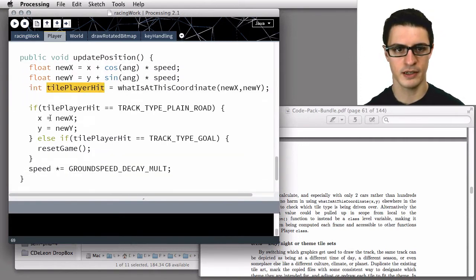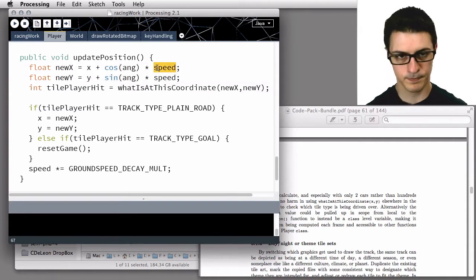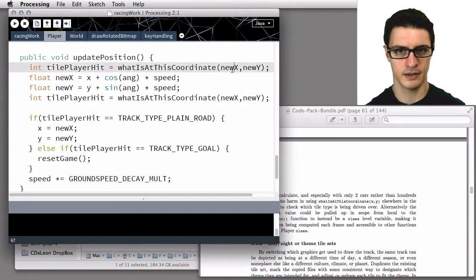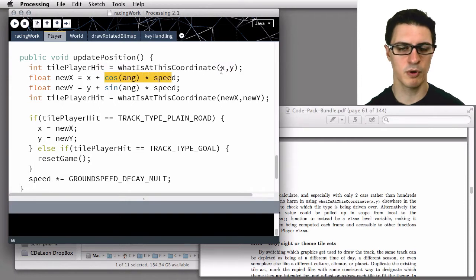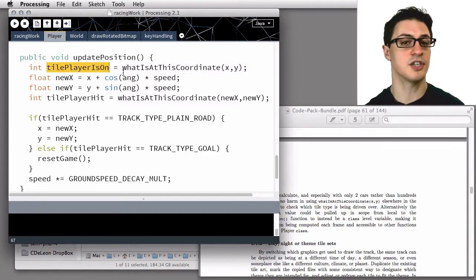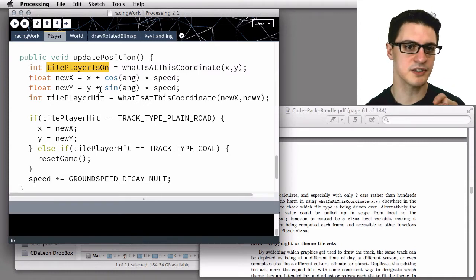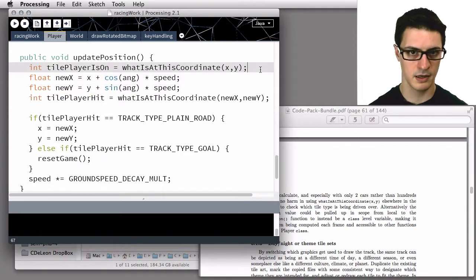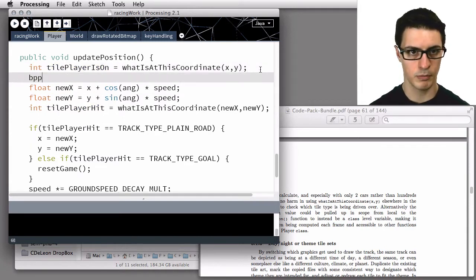Here we're deciding what we hit. What if the first thing we do, here's our speed, is first check where we're currently at. So instead of asking where we're going to be after we move, let's check where our car currently is. Tile player is on. Again, just to distinguish that here we want the number the car is on top of already instead of the tile the car is about to move on to. And now I can say Boolean